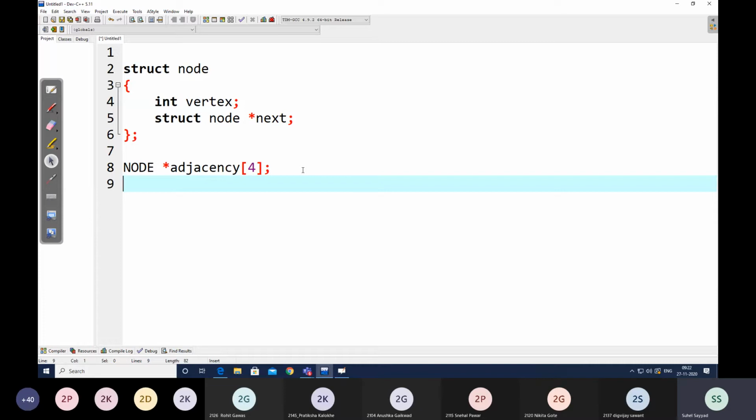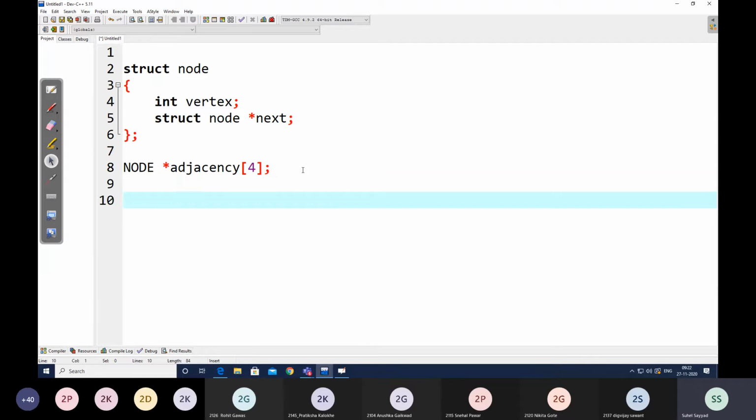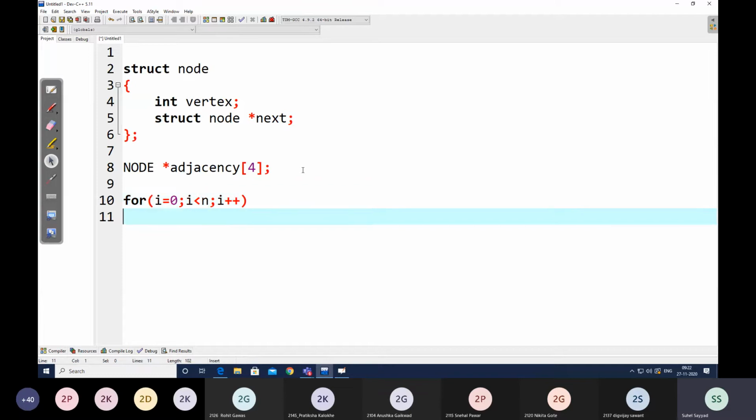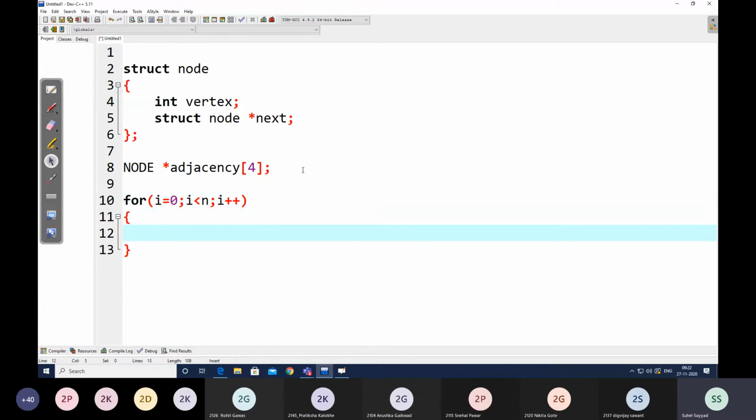Now initially I have to make all these values null. So how can I do that? I can write it in the form of a loop: for i equal to 0, i less than n, i plus plus, adjacency[i] will be equal to null.